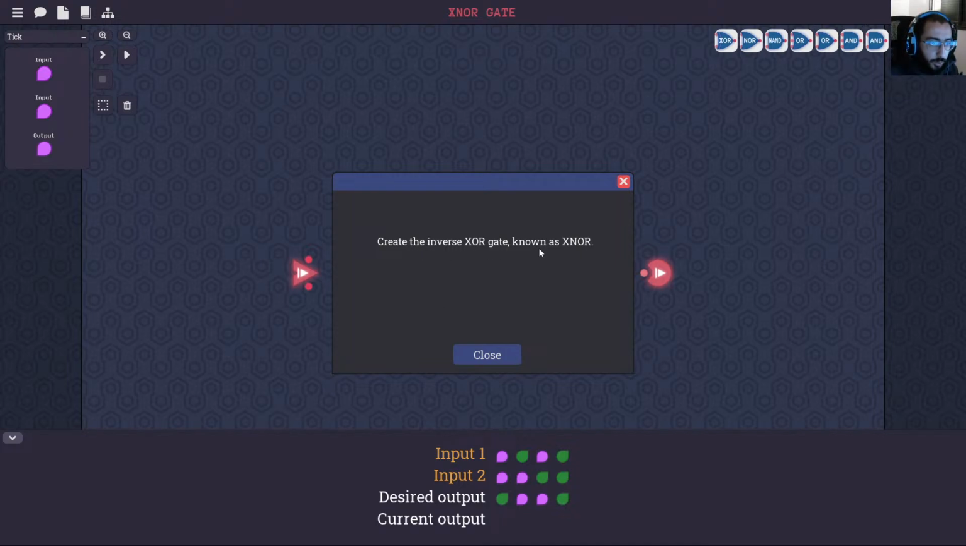Create the inverse XOR gate known as XNOR. You can notice here, just like